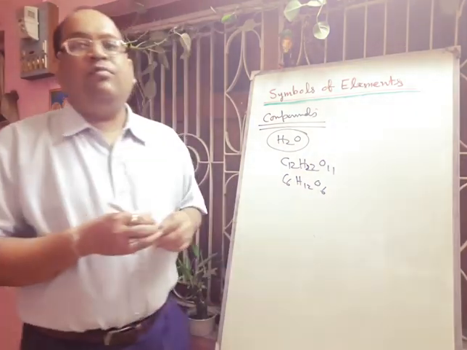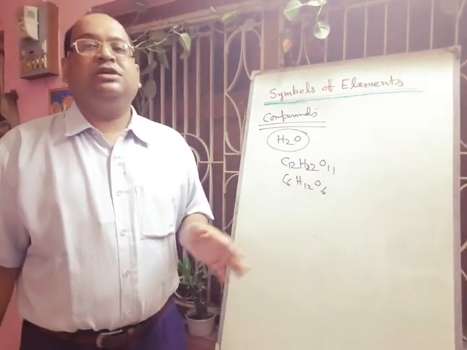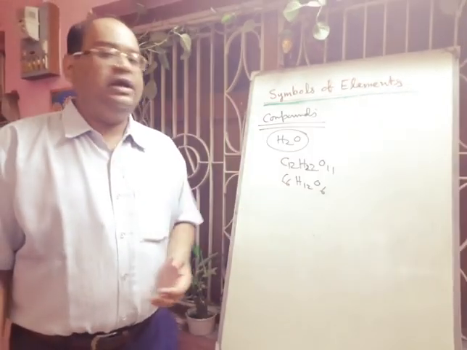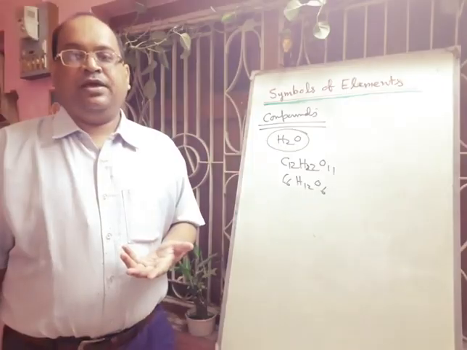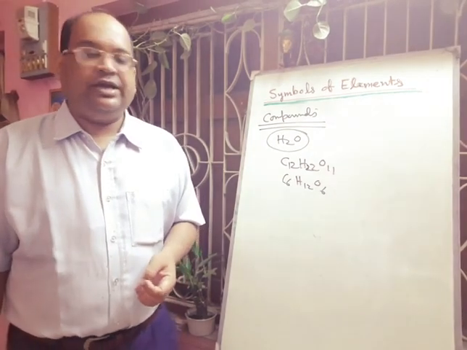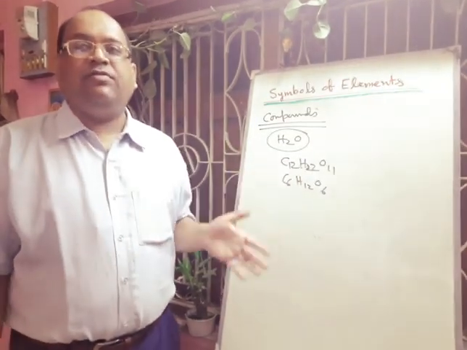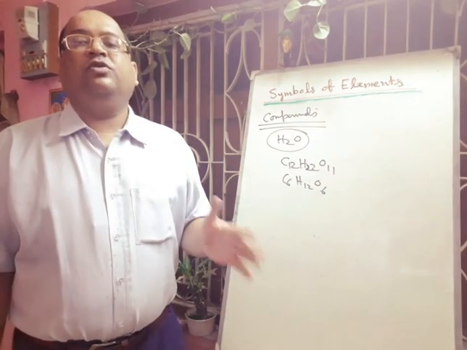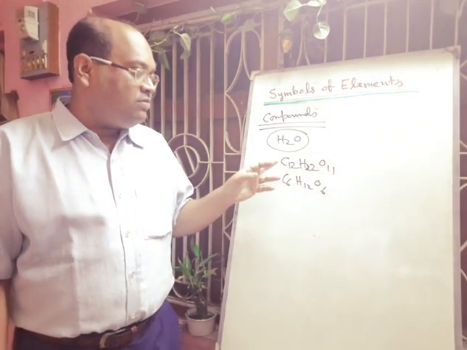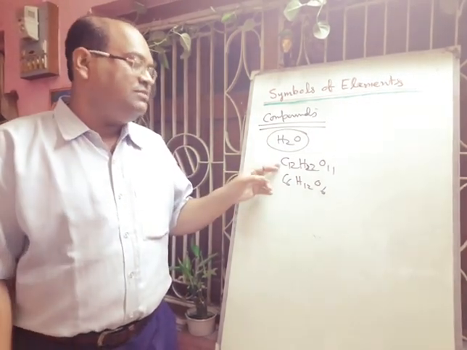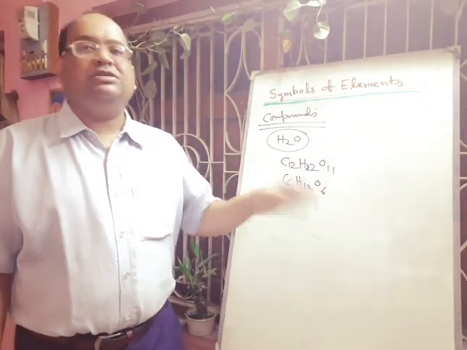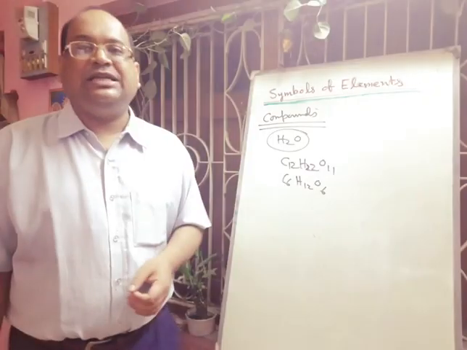Now here, both these compounds, sugar and glucose, have a sweet taste. Okay, if you eat it, you will get some sweet taste. But carbon, hydrogen, oxygen, they are not sweet in taste. So that means you can understand that properties of compounds are entirely different from those of their constituent elements. Okay, and these compounds are solid. Sucrose, that means sugar, is solid. Glucose is also solid. But you know that hydrogen and oxygen are gases. So definitely their properties are different.